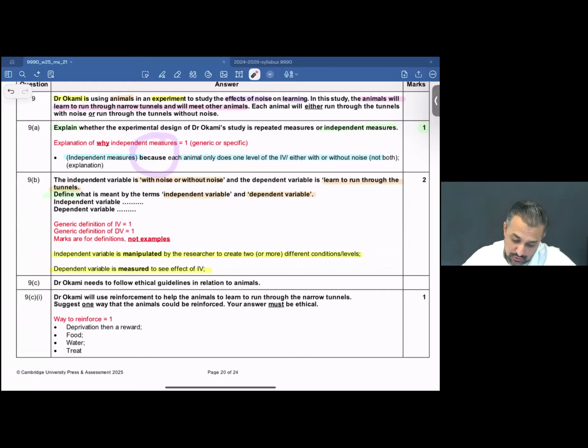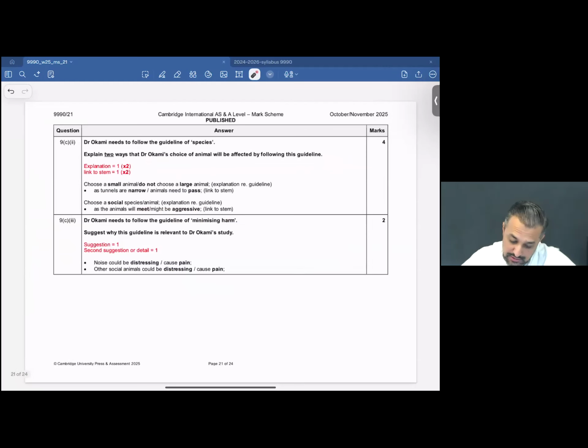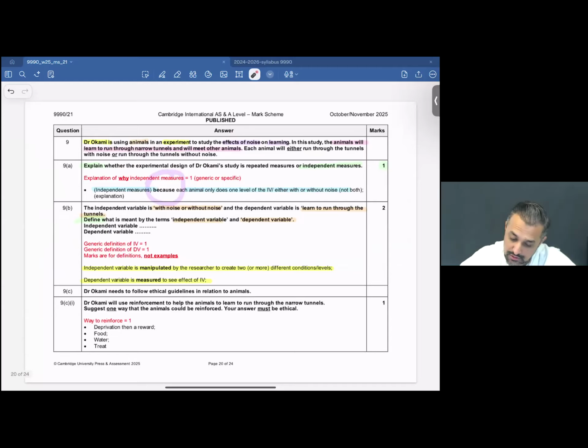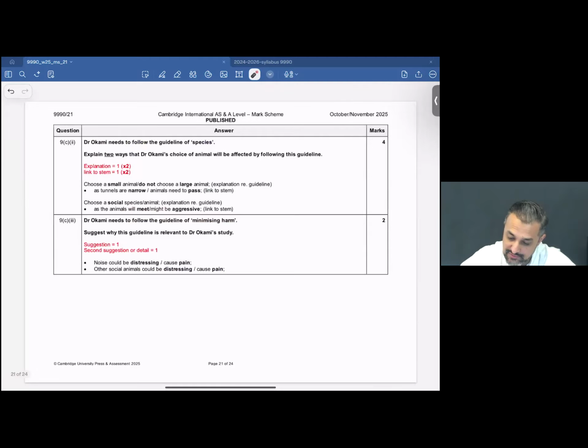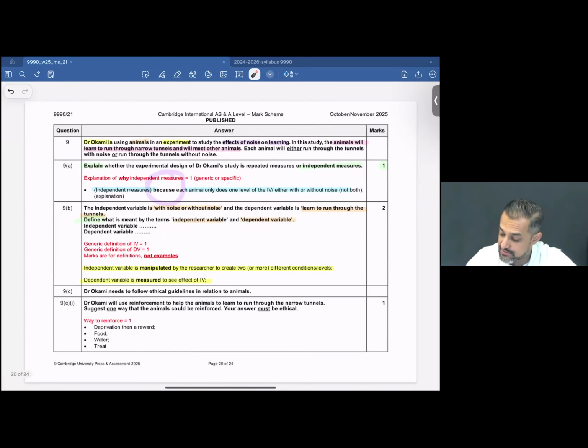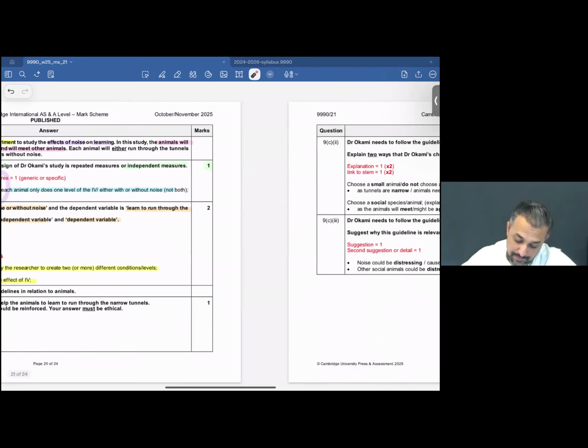9C. So question number 9. Question number 9 in itself, this looks like a heavy one here. So in total, this is 1 mark and 2 marks, 2 and 1, 3 and 1, 4, 5, 6, 7, 8, 9, 10. Question number 9, we see this is a 10-mark question. So again, the more I see it's a 10-mark question, I should remind myself I have 15 minutes on this, and I should not hesitate reading this over and over again. And one more thing, a tiny little trick if it works for you. This is question number 9. We see that this has been divided into a lot of parts. 1, 2, 3, 4, and 5.